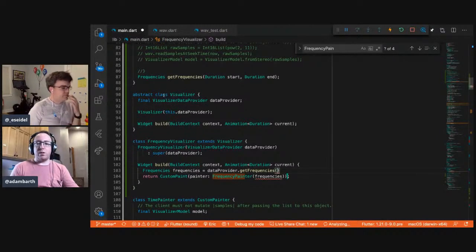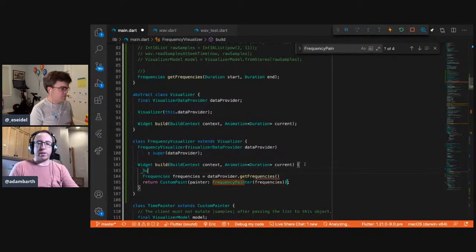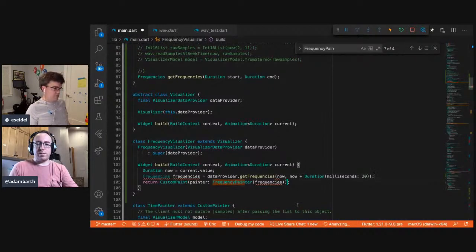I think we want current dot value and then current dot value plus 20 milliseconds. So now is equal to current dot value, and now plus something like that.